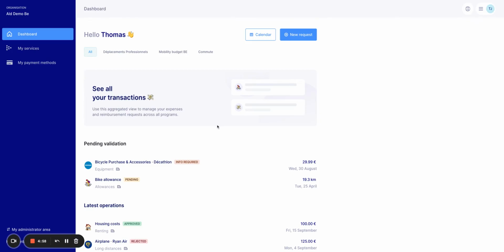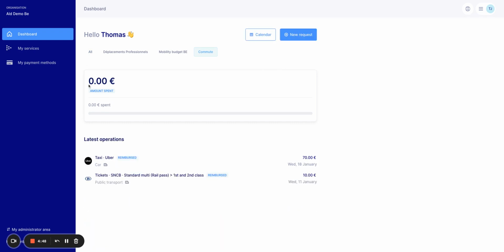In this short video, I'm going to show you the employee dashboard, and I'm going to use the dashboard of Thomas here as an example. You can see that Thomas is currently enrolled in 3 different mobility programs. And when I click on one of these mobility programs, you can see that this field here shows up, and